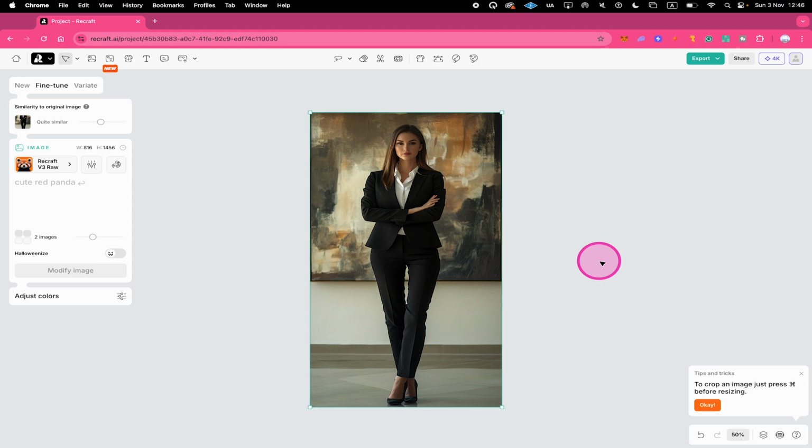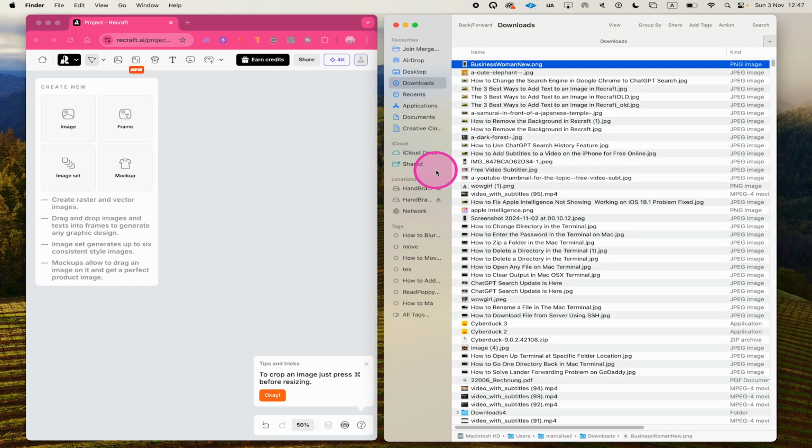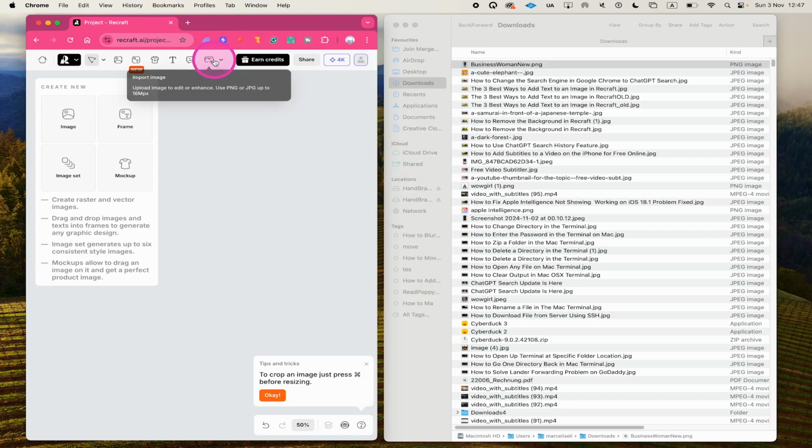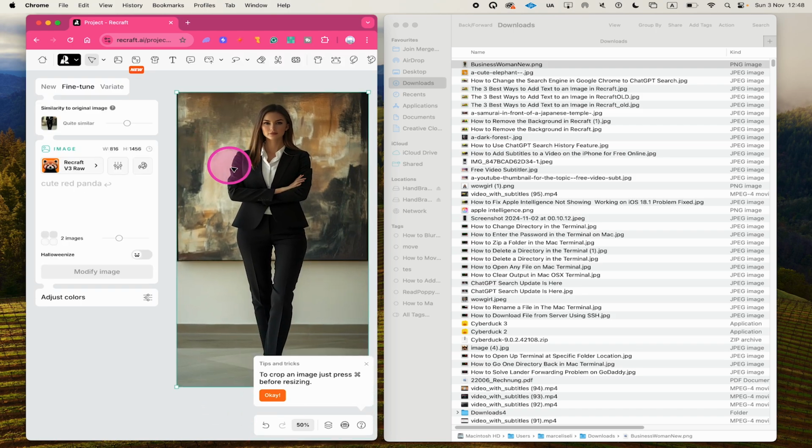Sometimes this doesn't work though for some reason, and if that is the case, here's a workaround for you. We have just seen that generally speaking, whenever you want to upload an image, you would click on this symbol right here to import your image. Now, if this doesn't work, you can also try to just drag and drop your images here onto the canvas. So you could simply grab your file right here and then simply drop it onto the canvas like this. And just like that, you uploaded your image as well. I took the picture here from the Finder, but this will also work if your image is on the desktop,